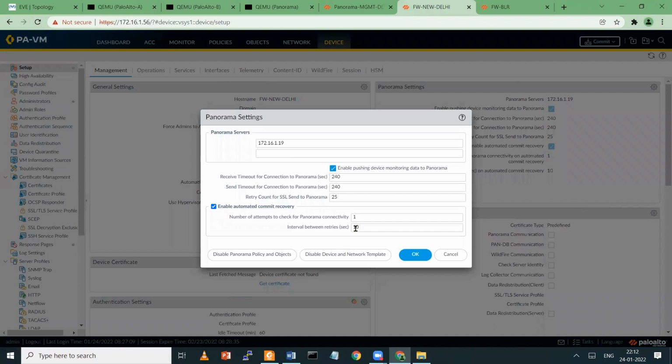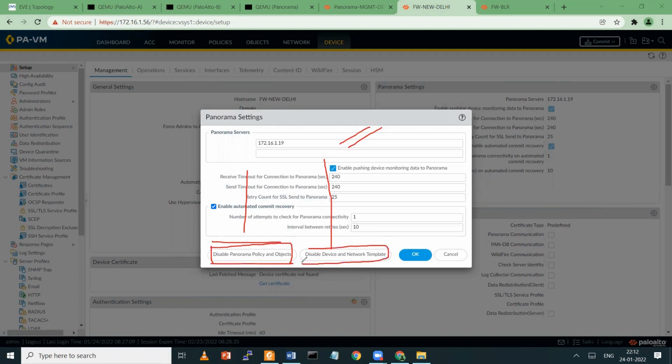So once you mention the IP address here, enable automated commit recovery. Commit recovery is also enabled by default. Later I'll explain what commit recovery is. Along with this, you also check there are two options. If you want to manage only your device and network templates, or if you want to use only Panorama policy and object, you can disable this option.